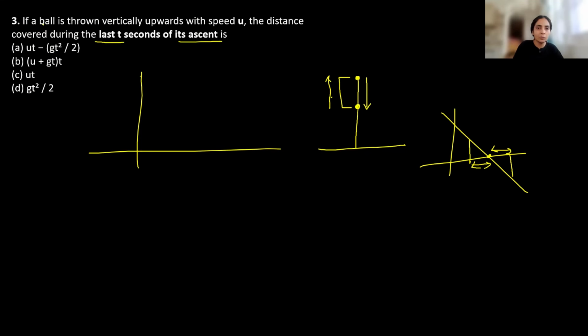जैसे इनिशियल स्पीड तुम्हें क्या दिया हुआ है? u, but you don't know what is speed here, and you don't know also how much time it has taken in moving from ground to this point p, वो भी नहीं पता। But जब वो डिसेंड कर रहा है, I mean when it is coming down, उस मोशन को आप easily utilize कर सकते हो।